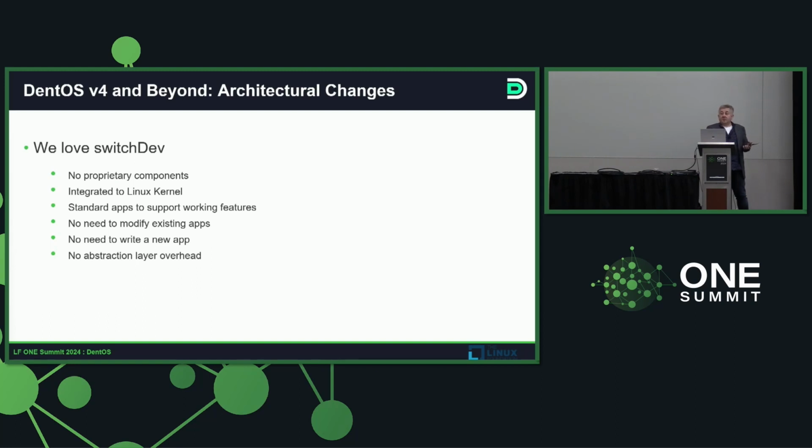If you're going to write a new application, it's going to be an application for Linux. It is not going to be specific for the ASIC. And that is the big differentiator we have. You can go ahead and take the same application. It is going to talk to the kernel at the end. And that kernel transition that we do with the switchDev is going to handle the networking setup. That way, you don't really need an abstraction layer.